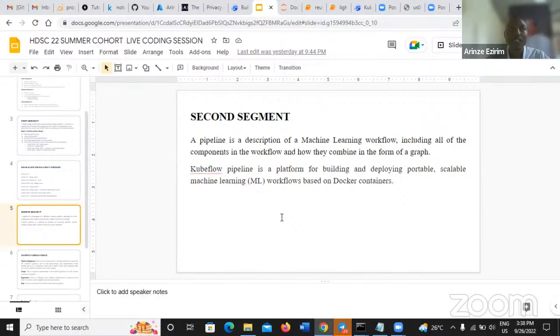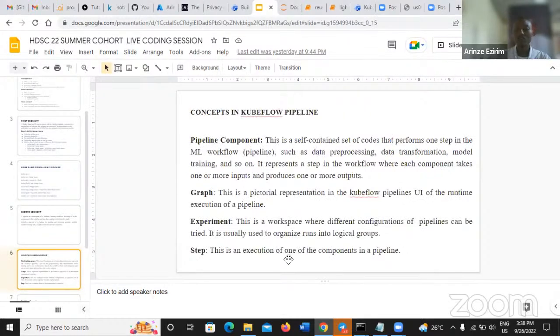push to the repository. Because those steps I ran earlier in building the Docker image, we'll do repetitively when building our Kubeflow pipeline components. Now, there are some basic concepts in Kubeflow, which we'll just discuss briefly. We'll go to our demonstration then. Well, a pipeline component is a self-contained set of code that performs one step in the ML workflow pipeline, such as data pre-processing, data transformation, model training, and so on. It represents a step in the workflow where each component takes one or more inputs and produces one or more